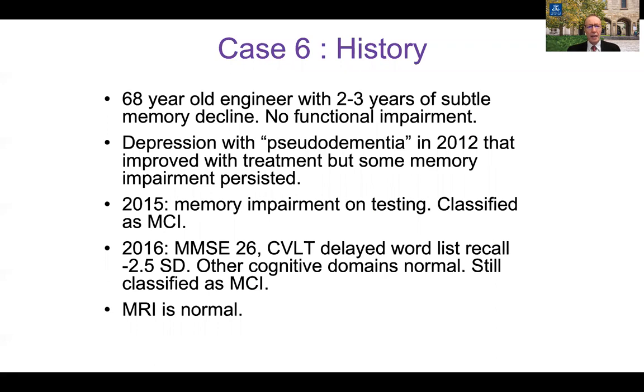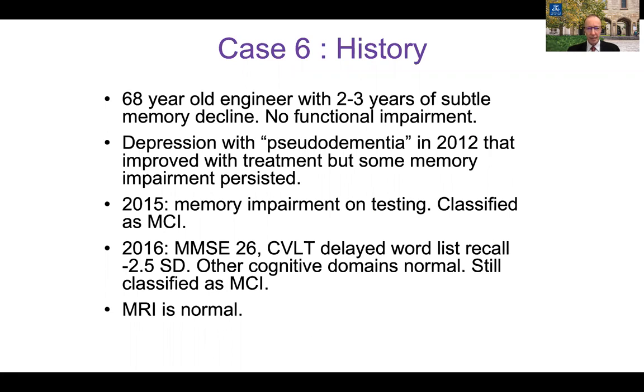Case 6. A 68-year-old engineer with 2 to 3 years of subtle memory decline, but no functional impairment. That means the patient was still able to do all their usual activities, though they may have had to rely more on memory aids and a diary, etc. But they weren't impaired sufficiently to have to stop usual activities. There was a history of depression with pseudo-dementia diagnosed in 2012 that improved with treatment, but memory was never quite